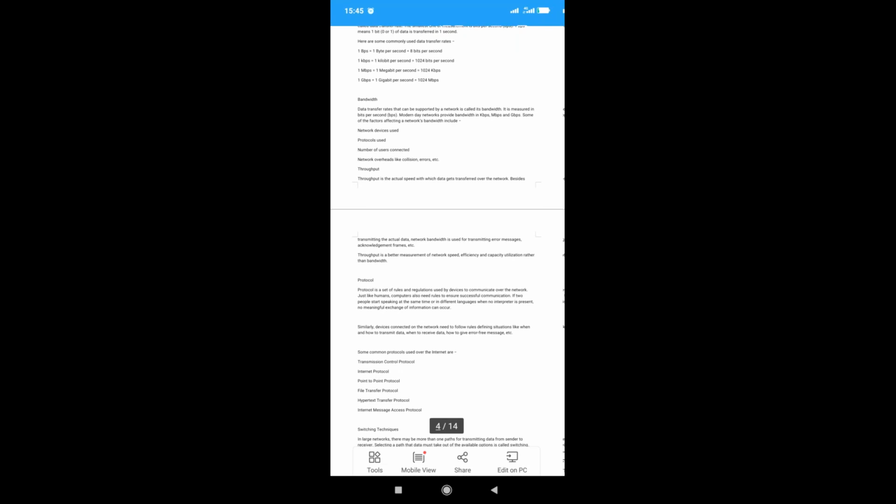From that we will go to what is called protocol. What is a protocol? A protocol is a set of regulations used by a device to communicate over the network. A protocol is a set of instructions used by a device to communicate over a network. So what this is telling you is that in a situation whereby you need to communicate with an entity on the other side